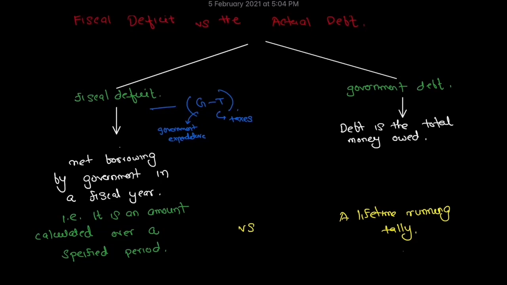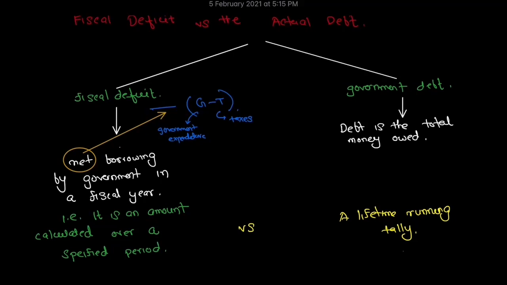Now, why is the word net being used here? As you can see, I have written the equation G minus T. So, G minus T basically refers to the net government expenditure. What I mean by that is that G is government expenditure, meaning how much money the government has spent. Correct? It could spend on things like roads,